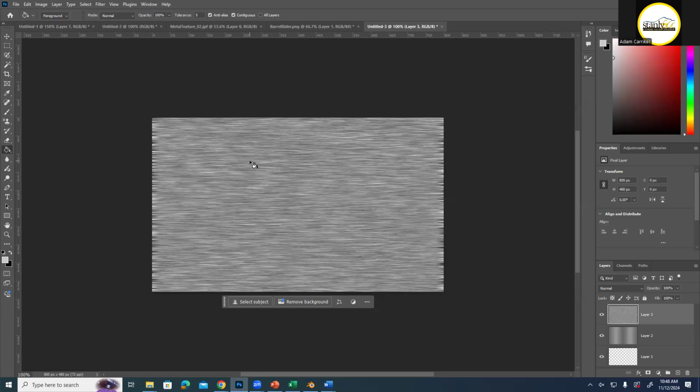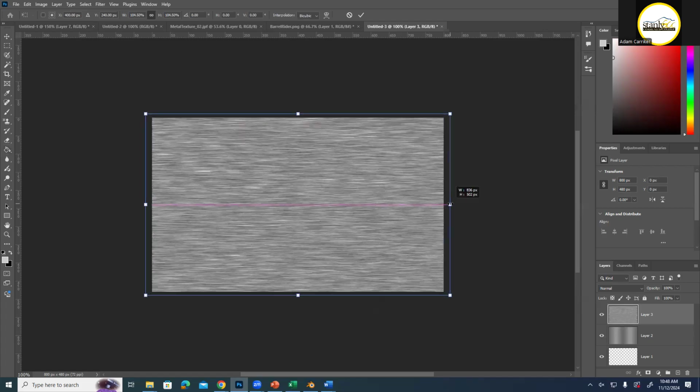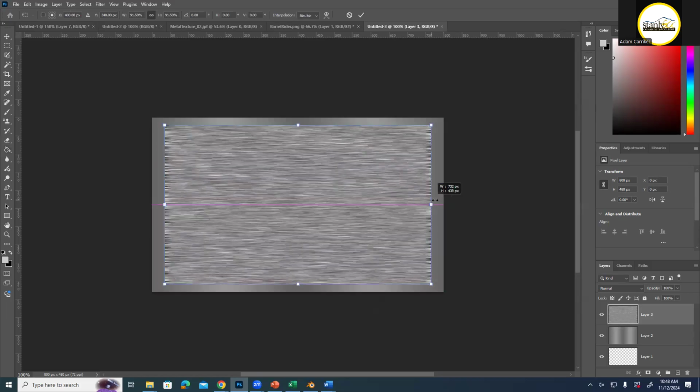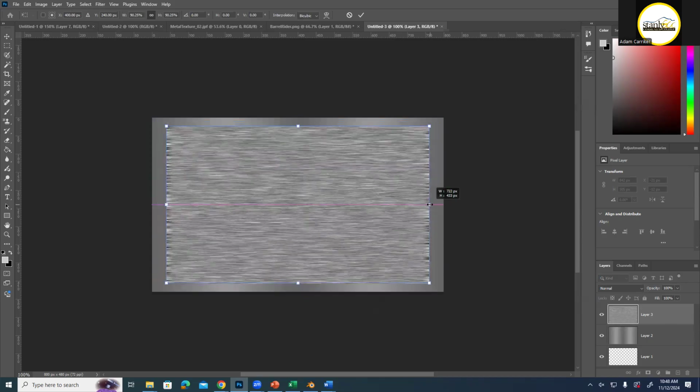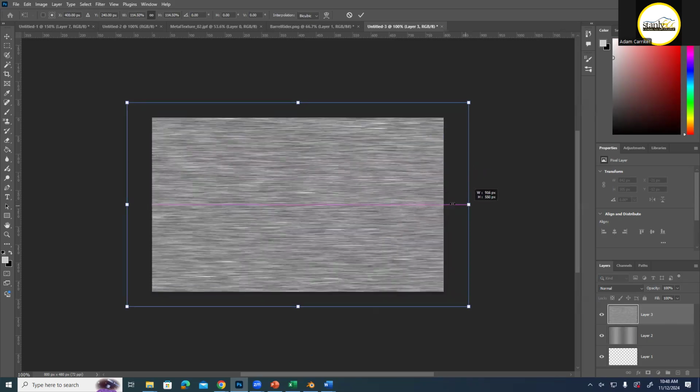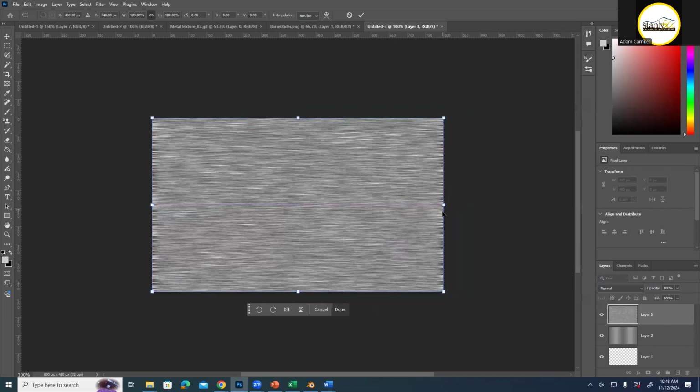All right. So the next thing we want to do, we have this noise layer. It's got these really strong edges. So I'm going to hit Control T on my keyboard. And I just want to scale it up until those really sharp edges aren't there anymore so that the whole thing is blurry. If you hold down Alt on your keyboard when you're scaling, it will scale from the center instead of from one side. So by default, it's going to start off looking like this when you hit Control T,